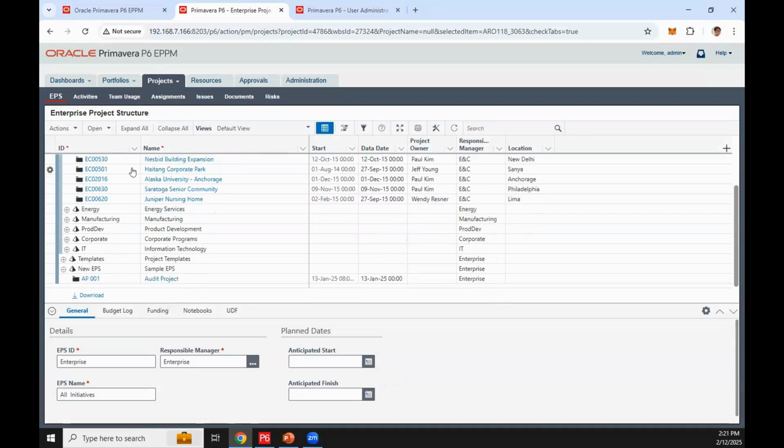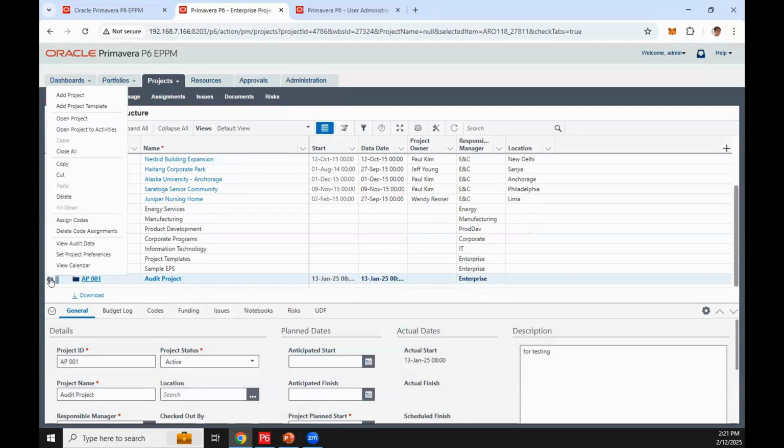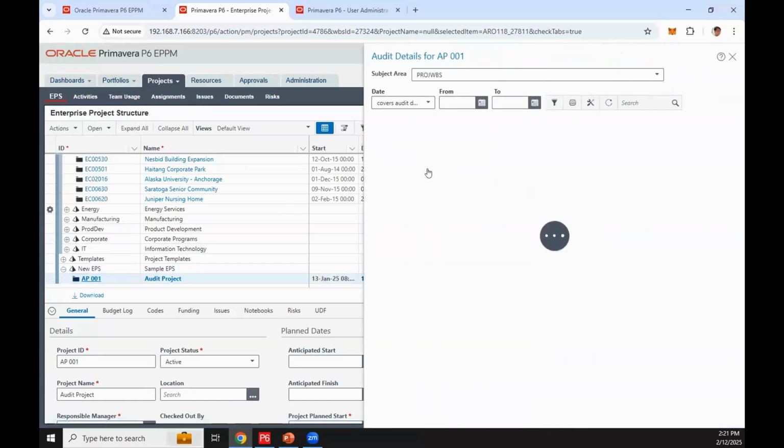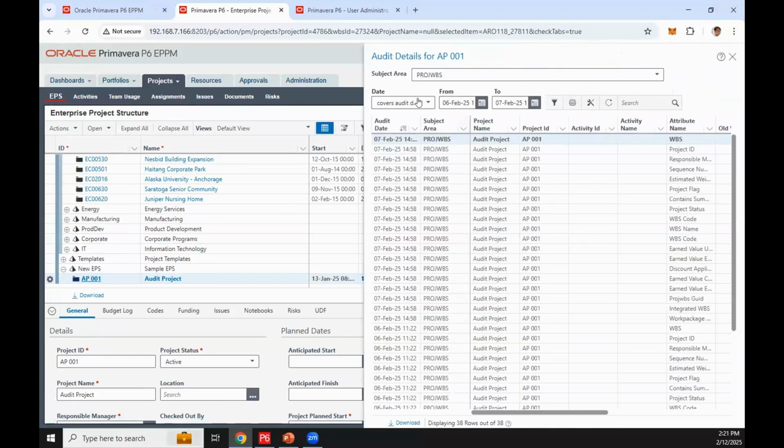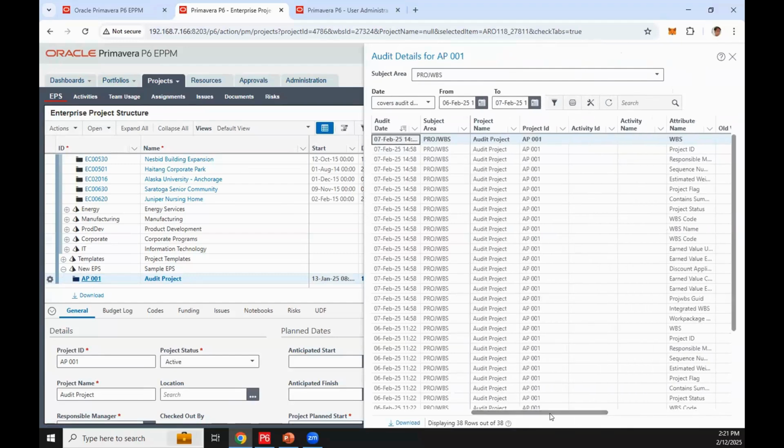Okay, so from here, select a project. For example, I'll be using this one, my audit project, and click the row action button. And from here, look for View Audit Data. Once you select this one, the audit data panel will appear. So for example, here I have added a WBS on this project.